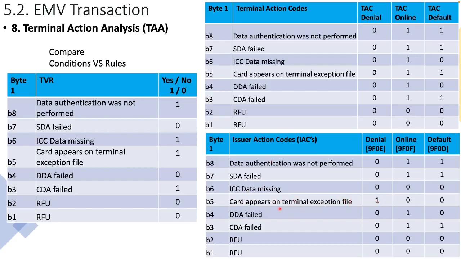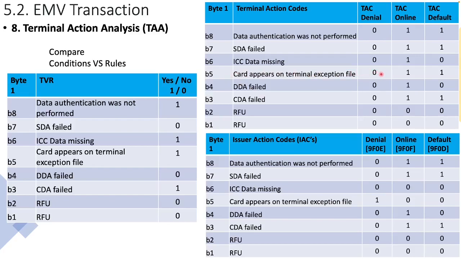So this says, in the event the card appears on the terminal exception file, decline it offline, decline the transaction immediately. Okay. If you compare this rule with this rule, which is the stricter rule? Obviously, this one is. So should this condition be flagged in the transaction, we would always expect the transaction to decline, because this supersedes